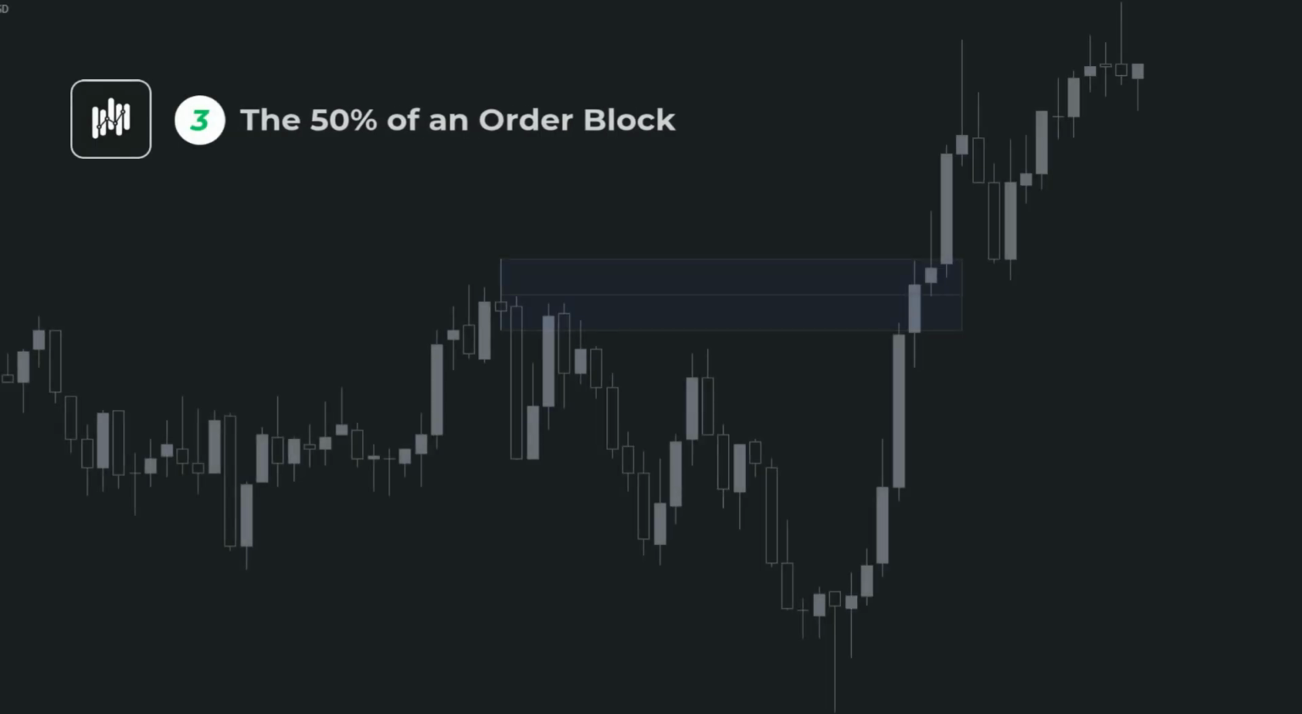Section 3. The 50% of an order block. Sometimes, the price may enter an order block and mitigate part of it, but not fully reach inside. This is where the concept of the 50% level of the order block becomes important. If the price only touches a portion of the order block and the 50% level has not yet been mitigated, that area can still be considered valid, and any break or reaction from the remaining 50% zone becomes significant for